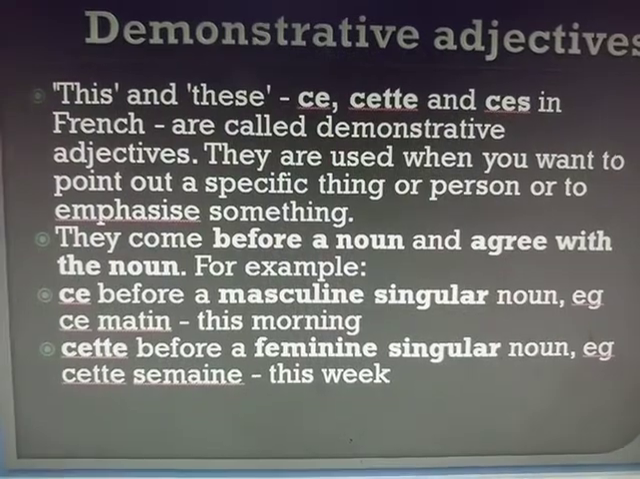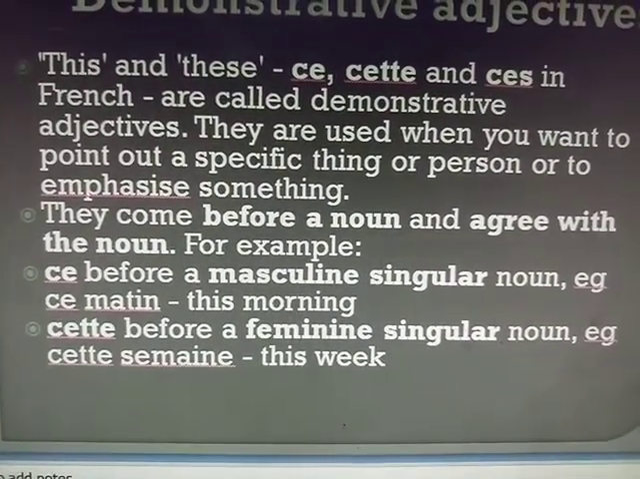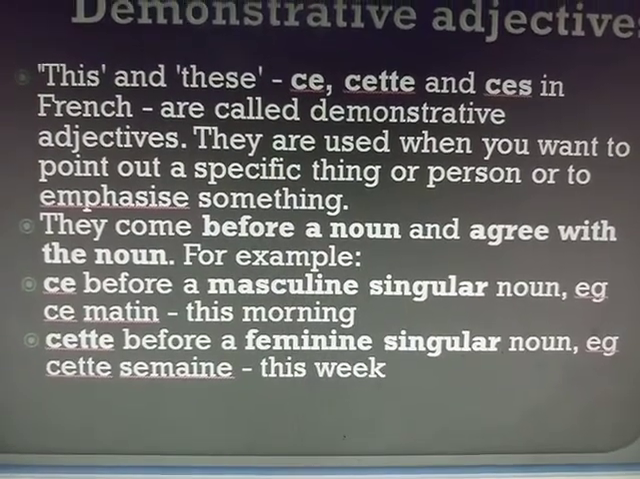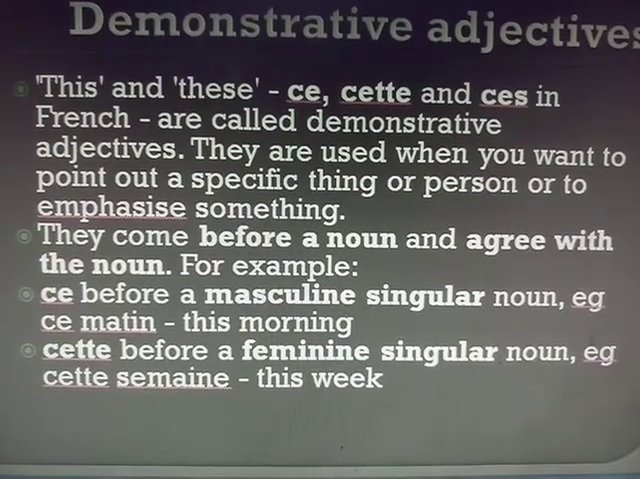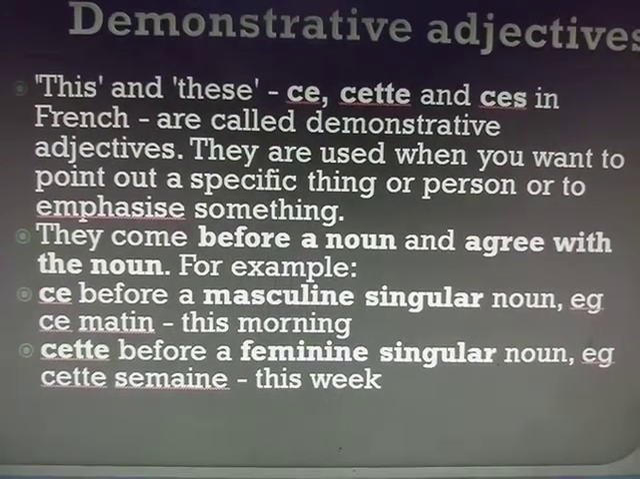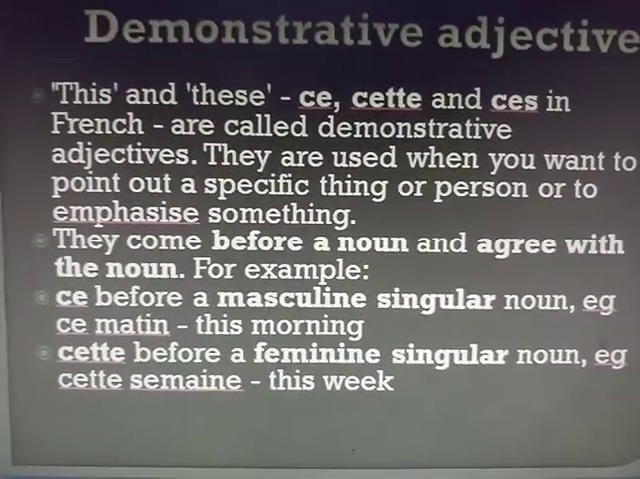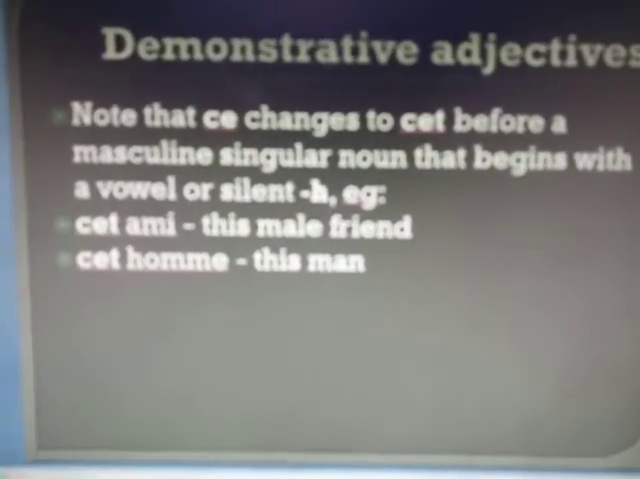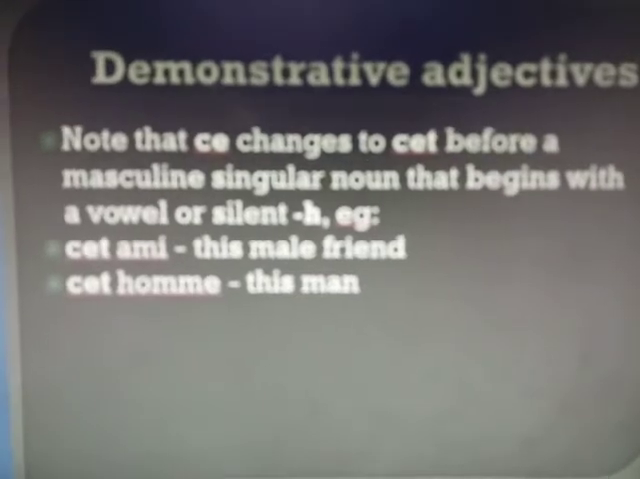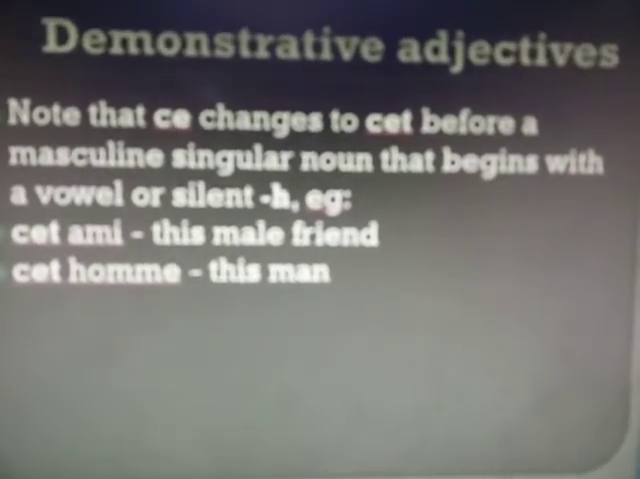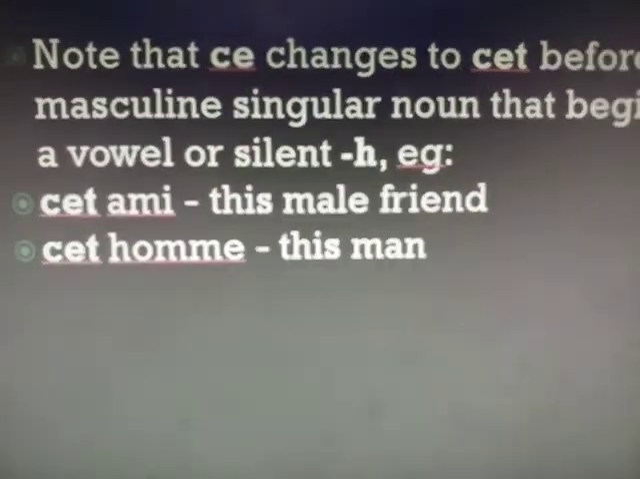So now I can see, if we go back to the earlier examples, using ce before matin can mean this morning, but it can also mean that morning. Cette semaine might be this week, or it can also be translated as that week. Cet ami means this male friend, or that male friend. Cet homme, it might mean this man,